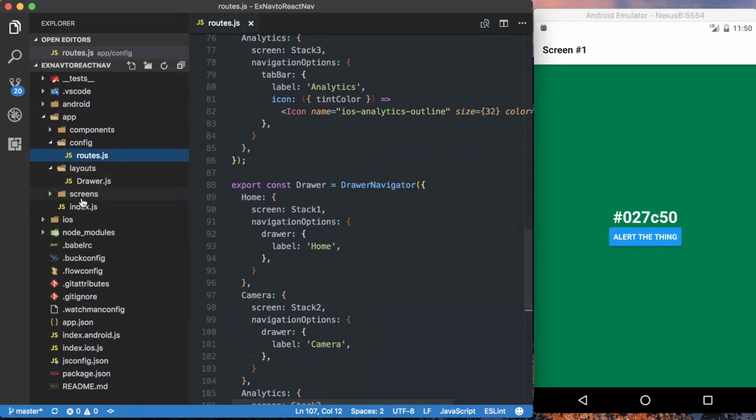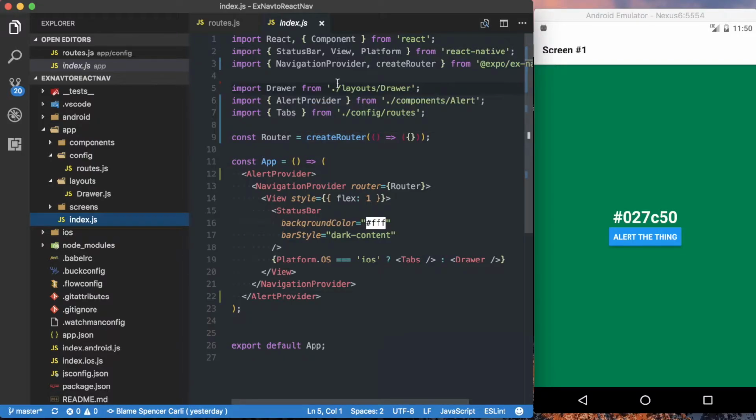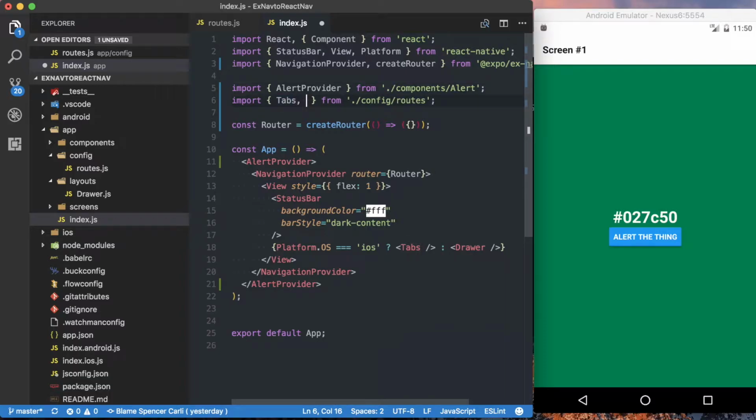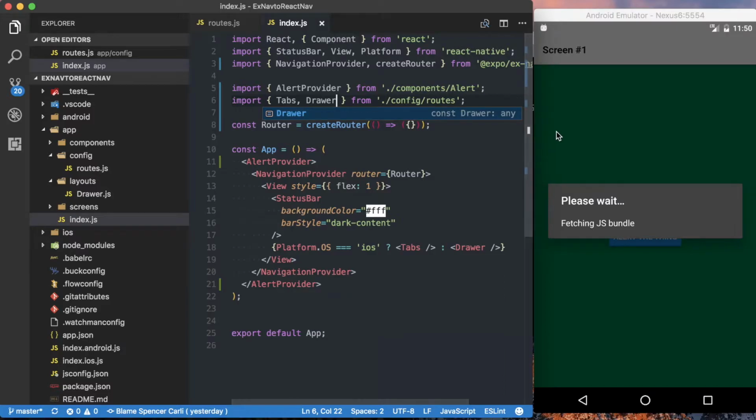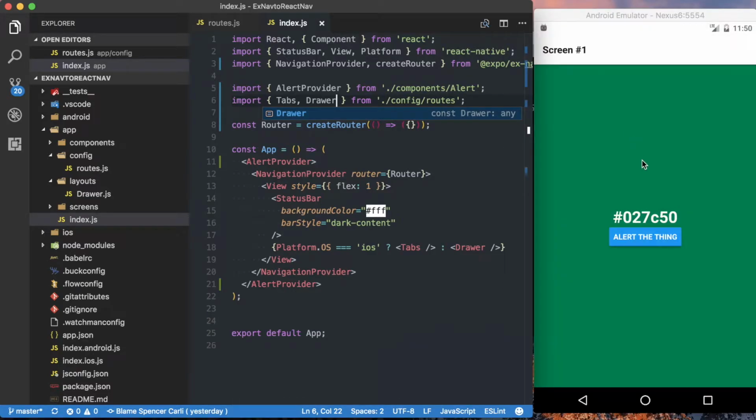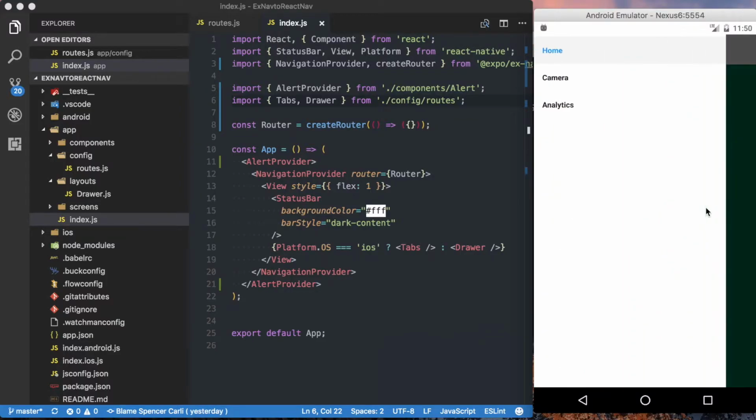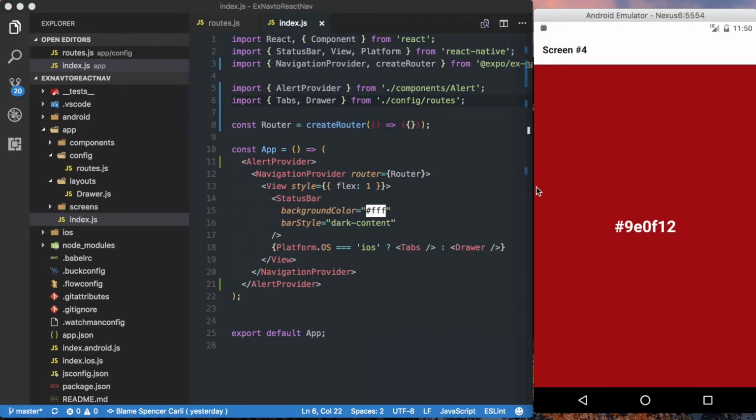Now if we go to our entry point into our application, we can delete this import drawer from our drawer layout, and we'll change that to this drawer. Everything looks good here. Save it. We'll see if this actually reloads. Everything's looking good, no errors. And then if I try to open it from the menu, one thing with React Navigation is it can be a little finicky when you're actually sliding it out from the side, especially on a simulator. But you can see we've got our DrawerNavigator successfully rendering here,